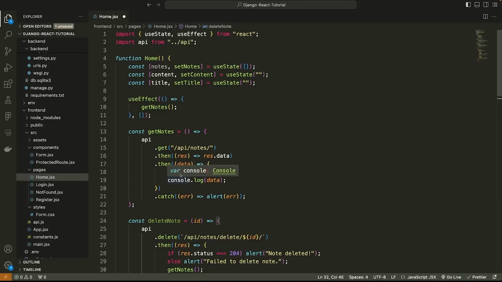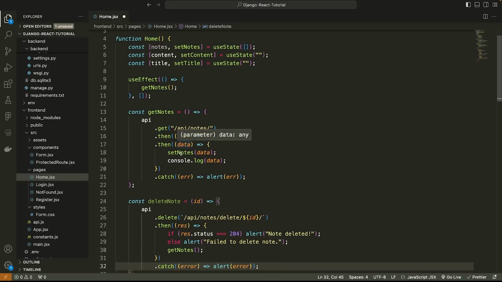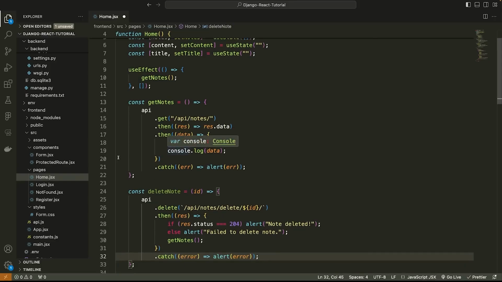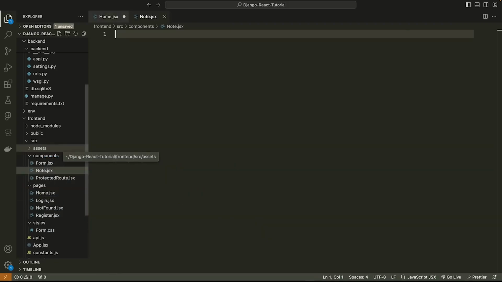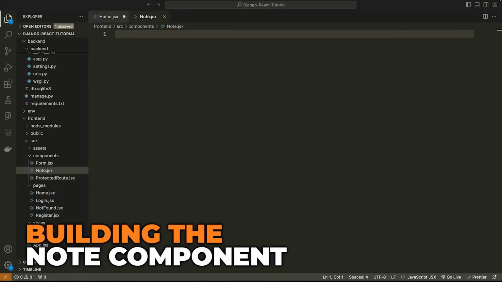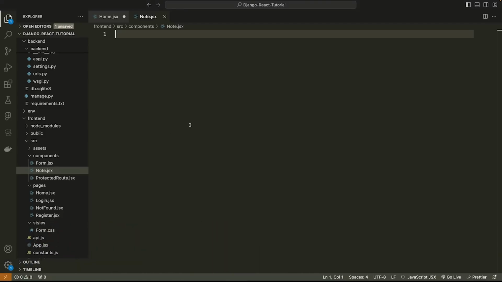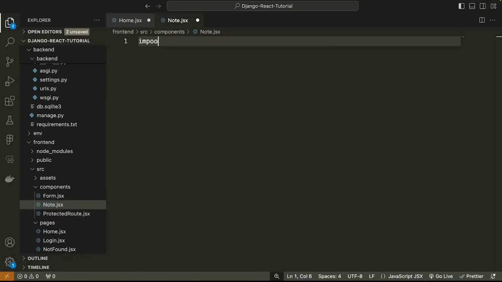And now we want to start displaying the different notes, and we also want to style this page a bit. We'll do the styling after. First, we're going to make a new component inside of the components directory called note.jsx. This is going to represent one single note, and we'll just use this to render all of our notes really easily. So we're going to say import